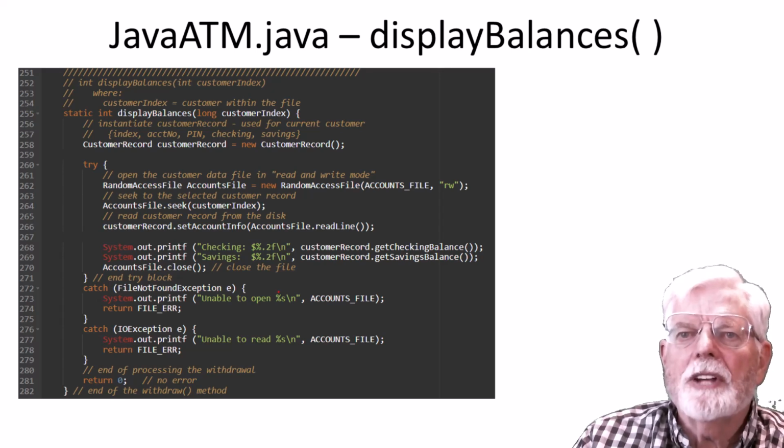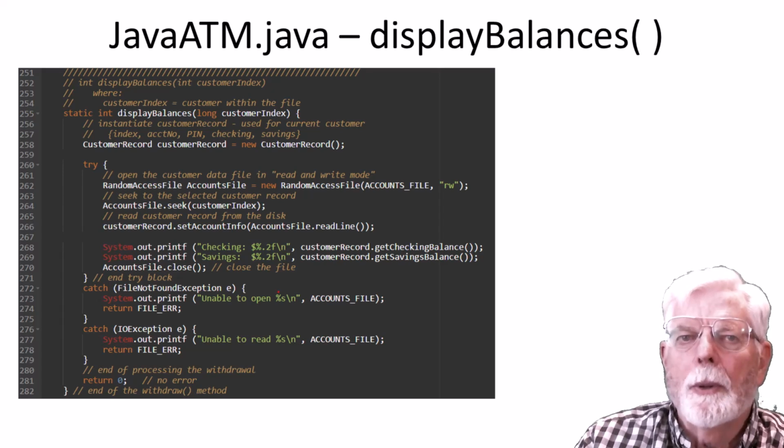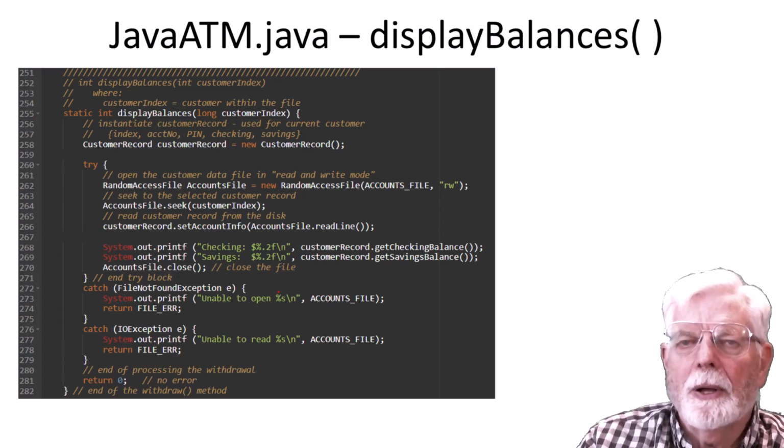The customer accounts.txt file is opened using RandomAccessFile(accounts_file, "r"). The file pointer, FP, is moved to the customer record identified by the customer index using accounts_file.seek(customerIndex);